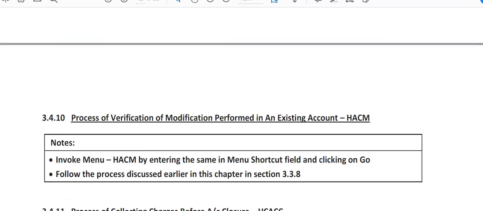The menu option for verification is the same, HACM. In the function we had chosen modify earlier. The verifying officer shall choose V for verification, visit the general tab details, and ensure that the mode of operation has been changed accordingly as per the mandate of the customer, and that the related party details KIF ID is entered in the system. All the details shall be checked from the account opening form and the addition becomes successful after that, so that the single account has become joint.